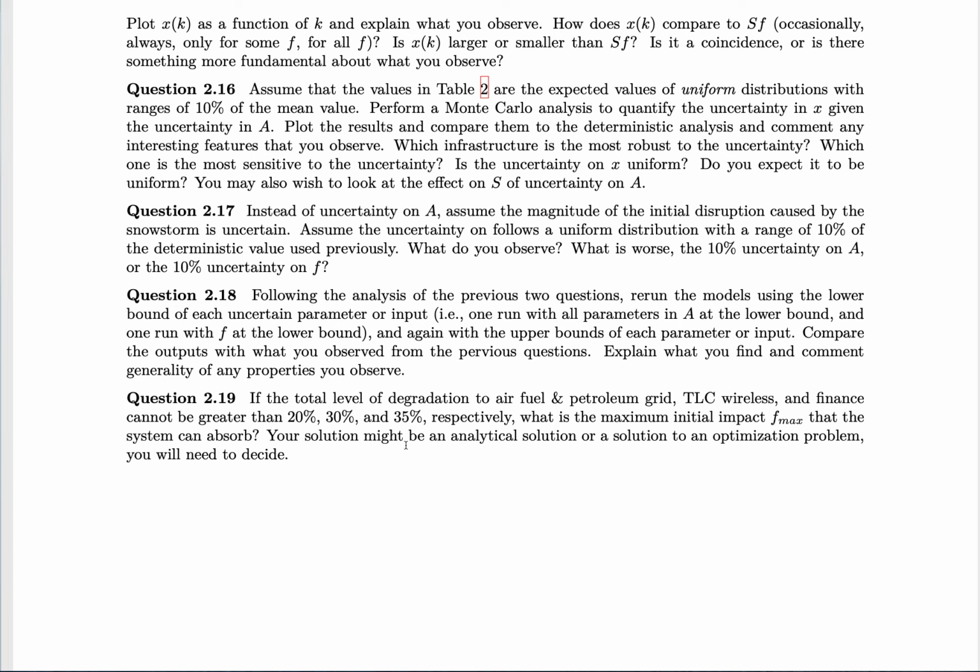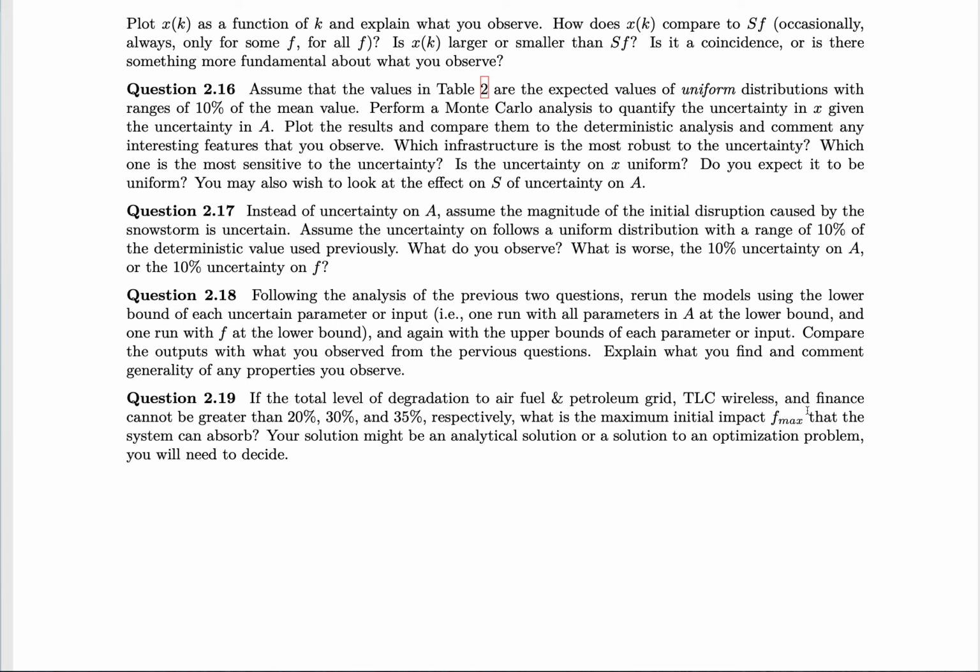I believe that you can also do this without a single line of optimization if you analyze the matrix S cleverly. And so maybe a question worth thinking about is what it means to talk about making sure that the total damage doesn't exceed these thresholds, and what it means to have